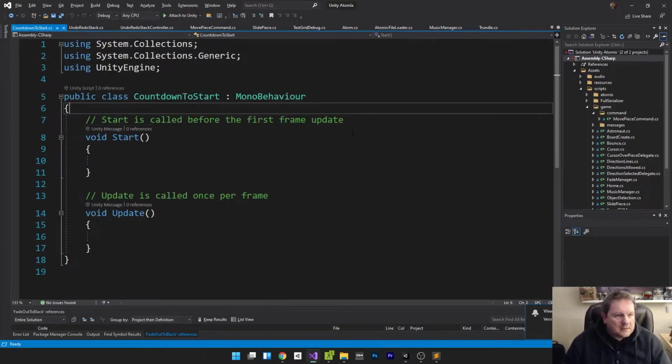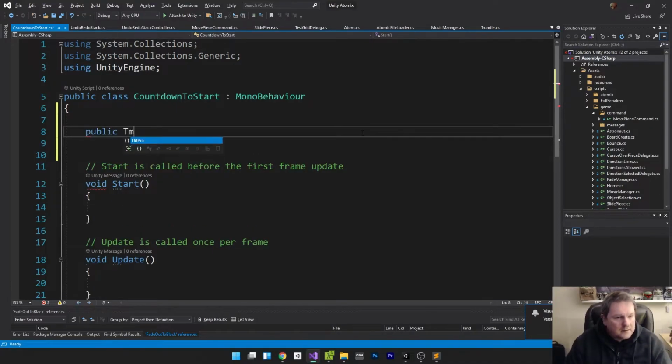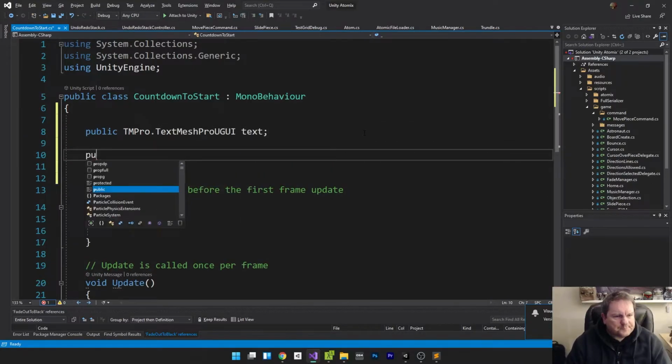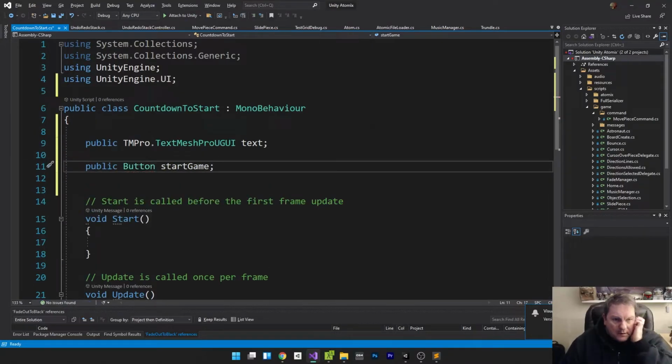So I need a public TMP Pro text mesh pro GUI text, public button, and this button is going to be start game, and that needs to have UI,